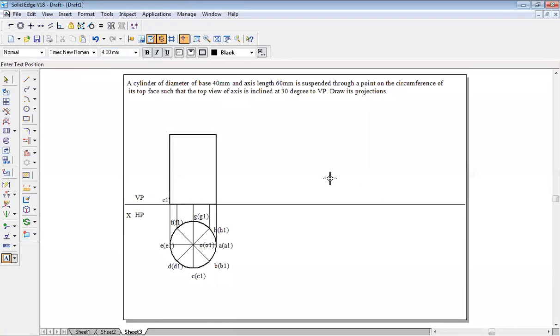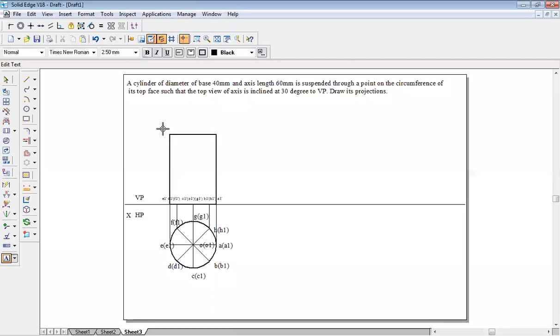This is E1 dash. This is D1 dash of F1 dash, D1 dash of F1 dash, and I think I have to reduce the text thickness, otherwise it will be difficult to do it. This is C1 dash of O1 dash of G1 dash, and last this is D1 dash of H1 dash, B1 dash of H1 dash, and last this is A1 dash.